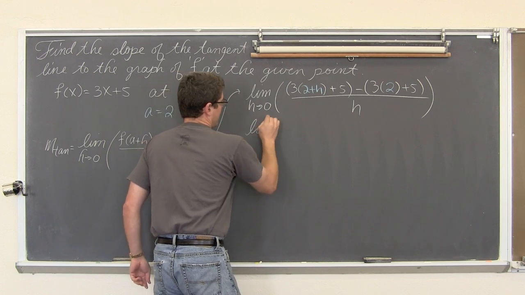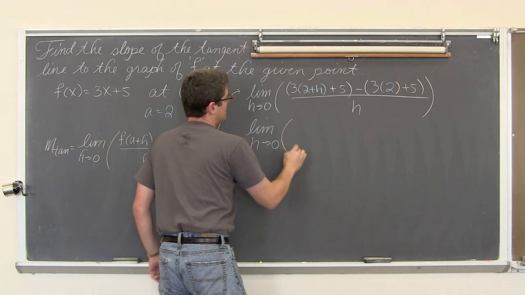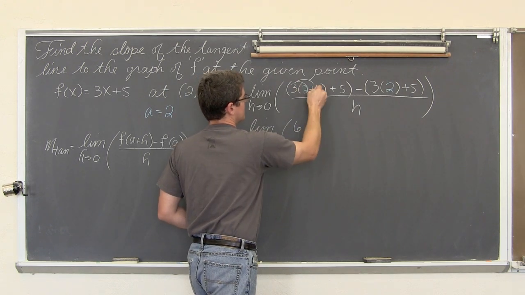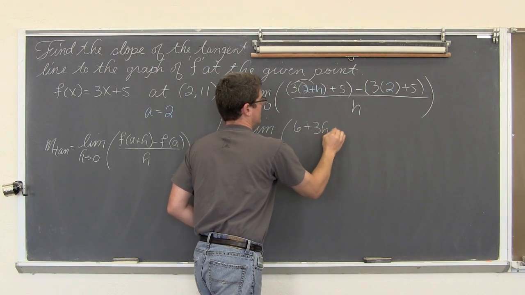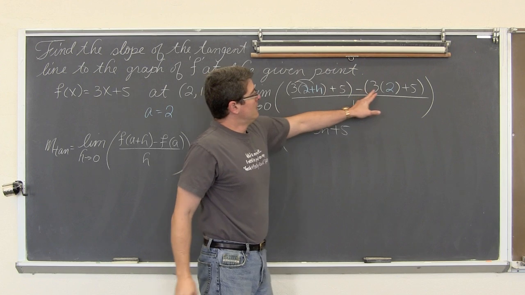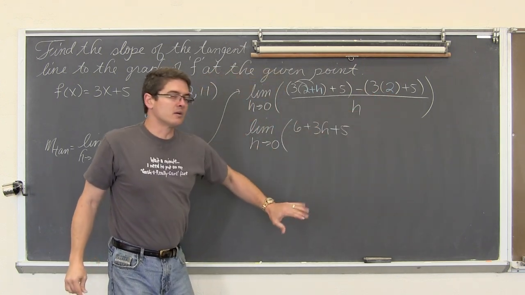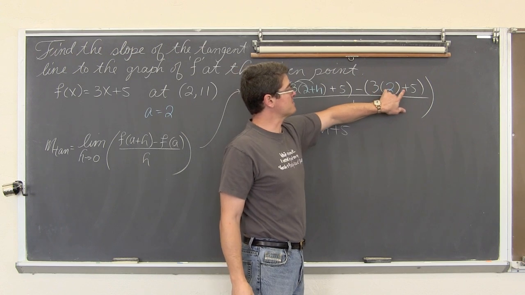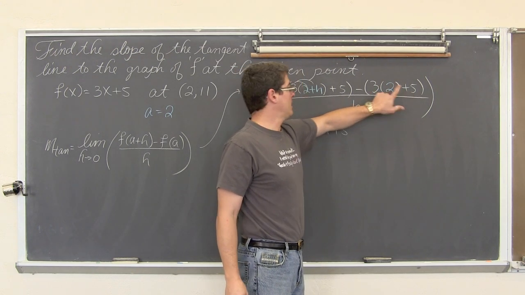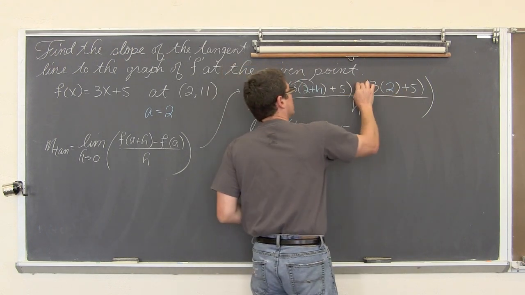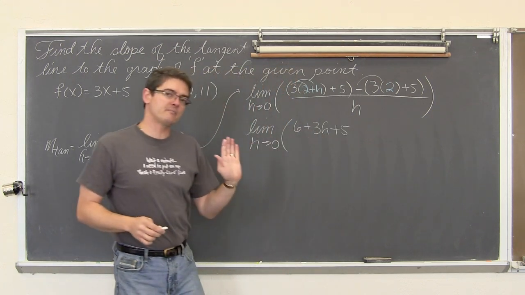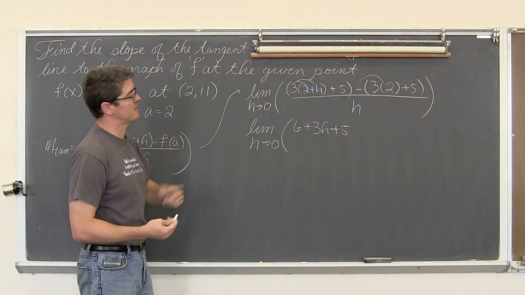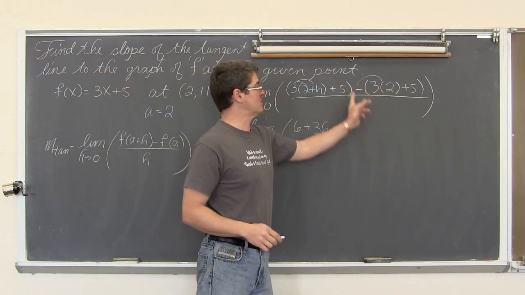Limit as h approaches 0 of distribute. 3 times 2 is 6. 3 times h is 3h plus 5. I'm going to do a couple of steps here because I don't have a ton of room. I want to do 3 times 2 is 6. And 6 plus 5 is 11. And then we still have that minus. There might be some problems where you have to actually pay attention to that minus sign and get it distributed through the second set of parentheses. But here we have 6 and 5 is 11. So minus 11